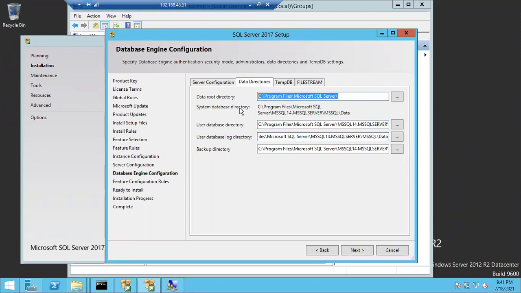In case you have multiple drives, you simply change the drive letter here. You want to save the data files in the E drive, you give the E drive. You want to save the log files in the F drive, you give the F drive letter. You want to save the backup files in the X drive, you simply change the backup drive to X.